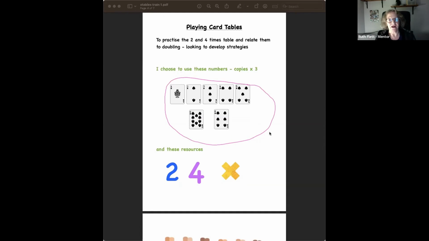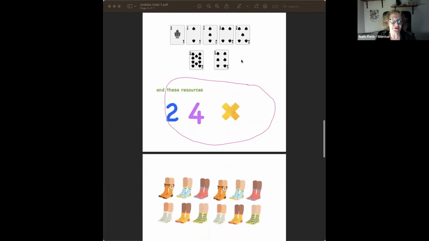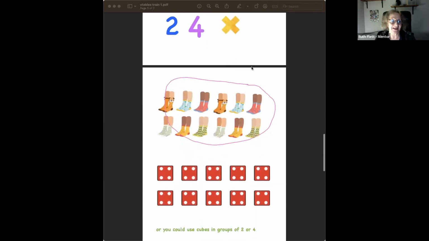So I'd have my playing cards, 3 copies of the numbers maybe, so I'd got enough to play a game. We'd put them in a pile, we'd have a multiplication sign, and if we were going to use the 2 times table, we'd have a big 2, and we'd take it in turns to turn over a card, and to work out, we either know that times table, or by using other resources,